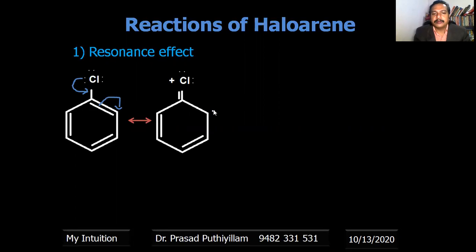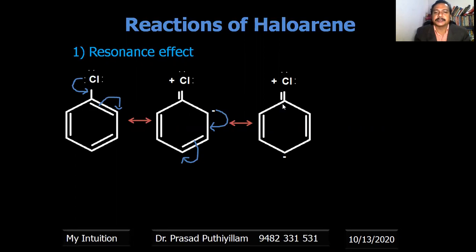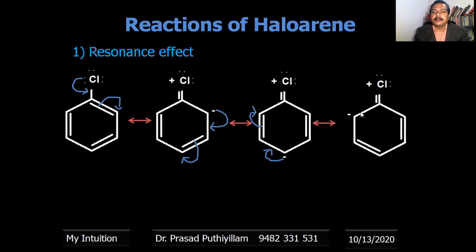Now this electron density can further move, forming a double bond here, and this second double bond will split to the para carbon, giving electron density at the para position. So it is represented like this. Further electron movement is possible like this, and the electron shift takes place to the carbon, again an ortho carbon. Therefore, these canonical structures or resonance stabilizing structures